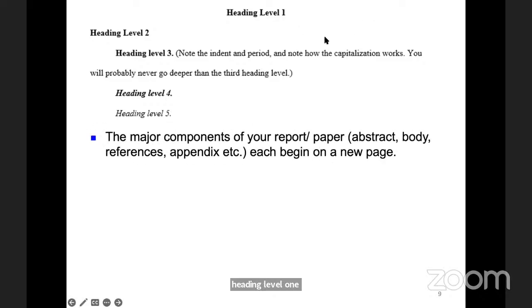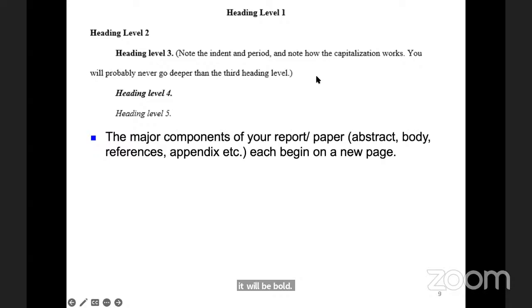And then heading level 1. As you can see, heading level 1 will be in the middle, centered. It will be bold and also